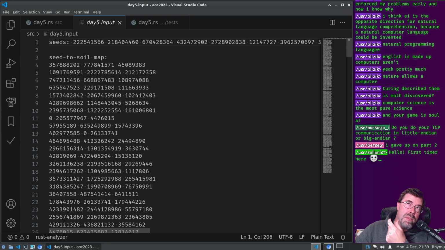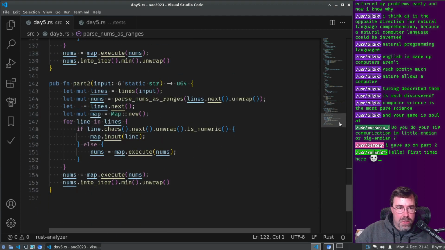One idea I have is we don't need to store them. We could just do one at a time, and since we only need the lowest number, we just run each one through all the maps, and then we just keep the lesser of the two, right? So turning our input around, if we just remember our ranges, we'll just keep the lower of the two as we go, so we don't keep these in memory at all. How about we do it that way?